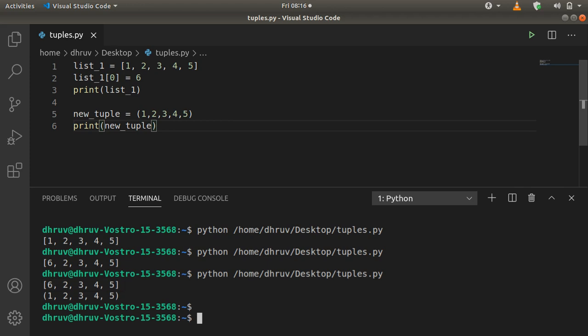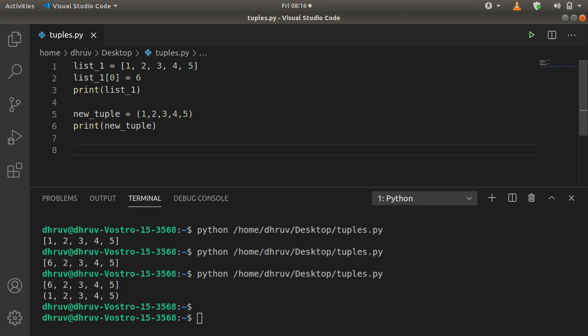So let us try to change a particular index location in the tuple. All the functions which we have performed on the list, we can perform on the tuples, except for changing values. You can perform slicing, sorting, reversing the tuple, and everything as we did on the list.